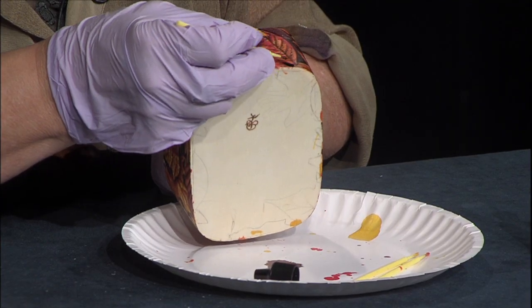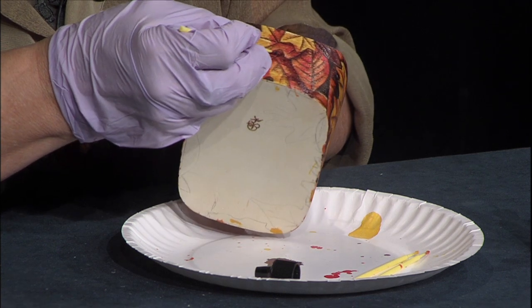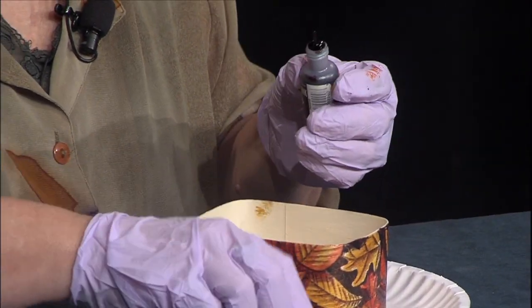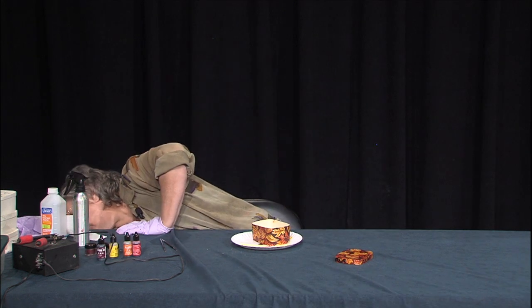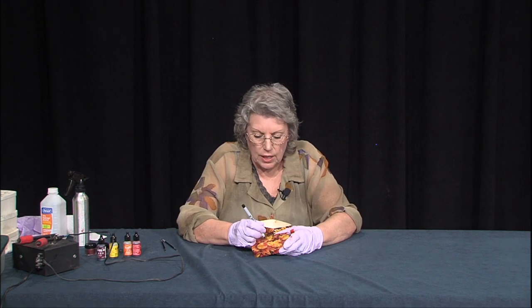This is the part I usually take my time on, just to make sure that I got all my shadows done. We can separate the under and over leaves from each other. Okay, and that's it for our colors. The only additional thing I would do on this one is take a little marker and just put dots,